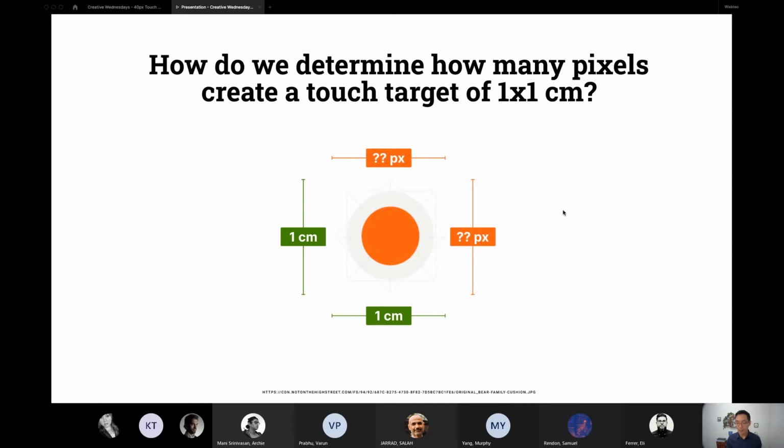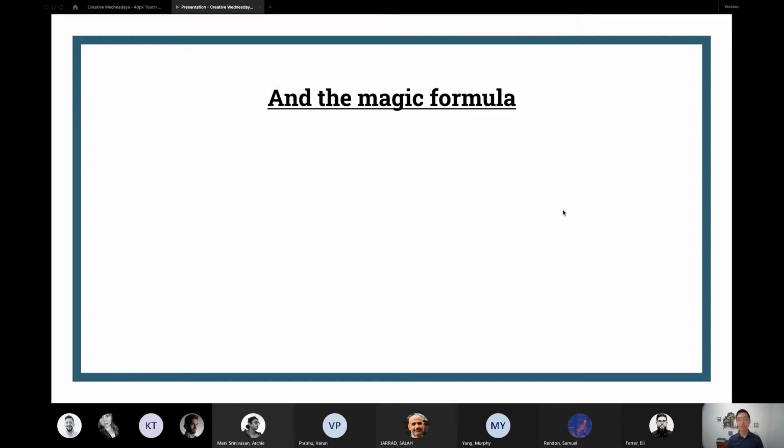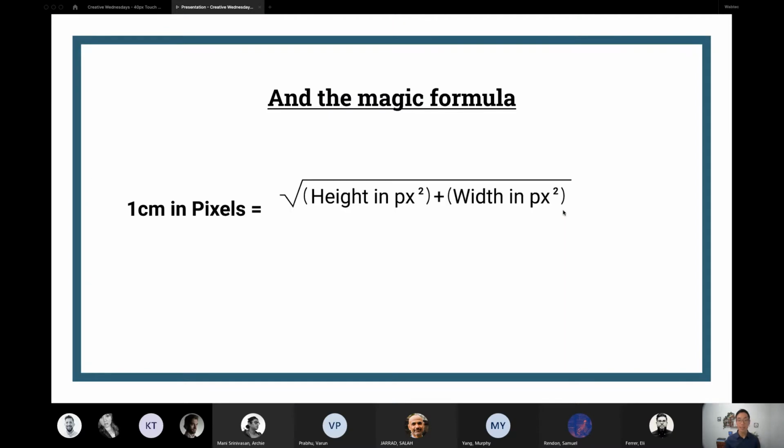And this is the penultimate question, the question we're trying to lead all of this up to. We've decided that a physical touch target, that Goldilocks size from Nielsen Norman, is 1 centimeter by 1 centimeter. Aim for that size physically. How many pixels is that? And the secret formula, drum roll, is here. 1 centimeter in pixels is equal to the square root of your resolution's height in pixels squared plus the width in pixels squared,